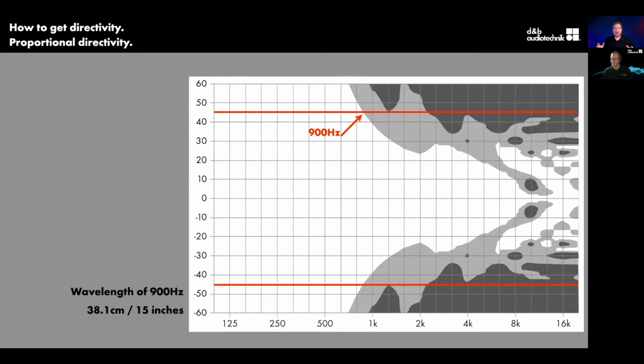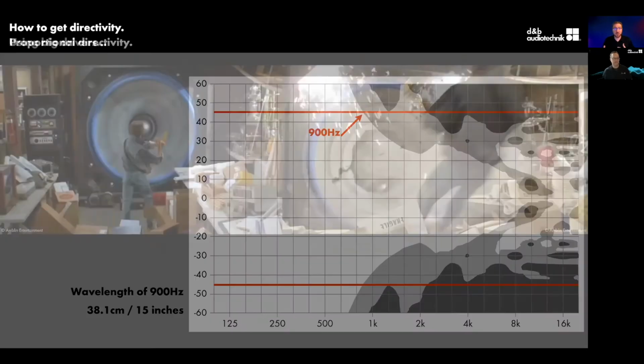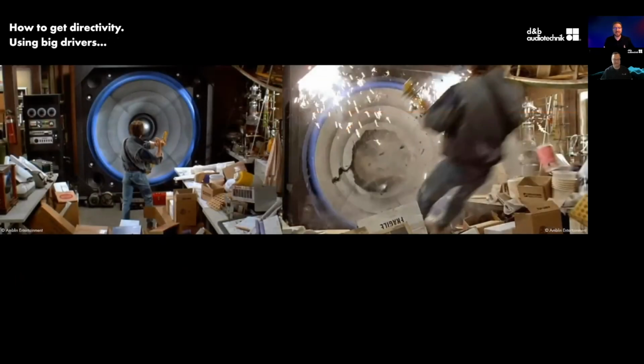So one of the ways that we can get directivity is simply increasing the size of the drivers. So very small drivers only control up to higher frequencies, make them larger and larger, and they get to lower and lower frequencies of pattern control. However, we know how this works out. We can't make these drivers infinitely large. Bad things tend to happen.